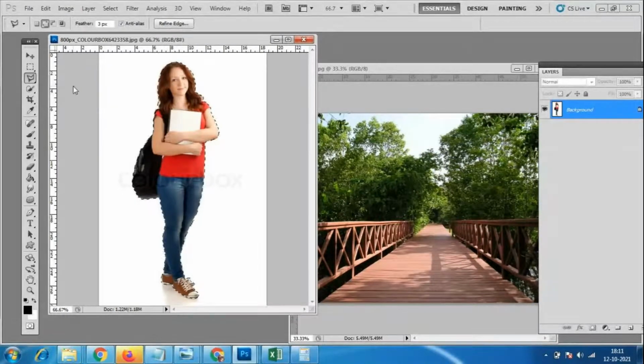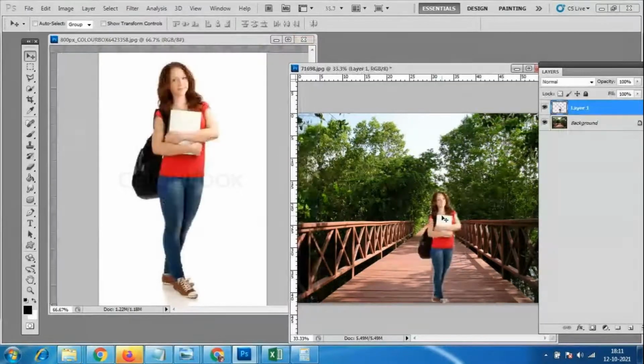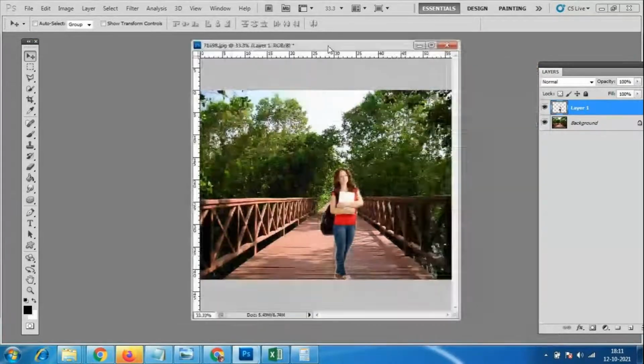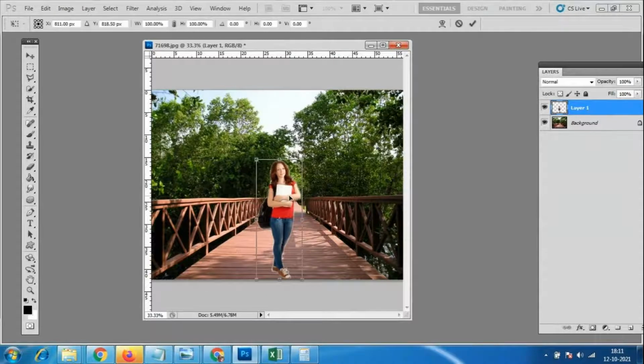So I'll click on this move option. I'll click on her and take her wherever I want. Now I don't have any work with this file, so I'll just close this file. Now I want to make this tool properly. If I want to increase or decrease the size, Control T. No need to make giant things.